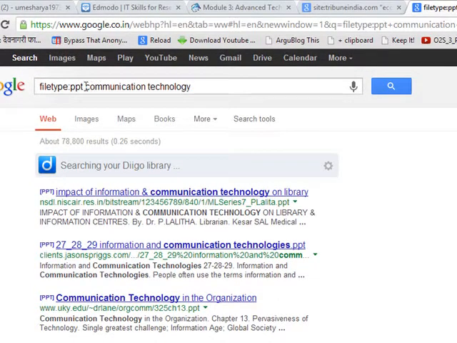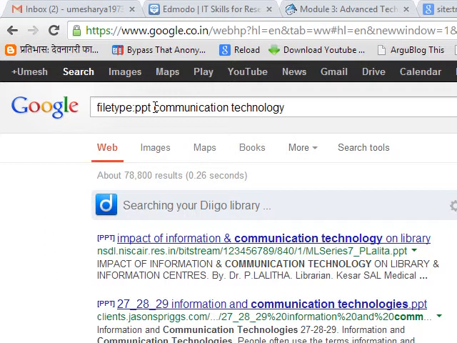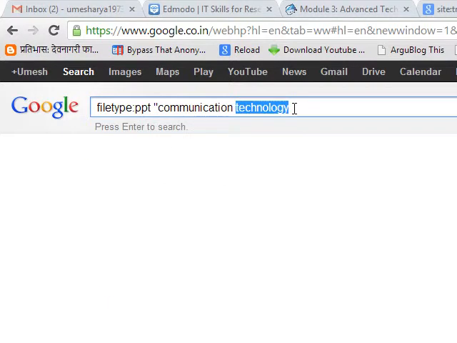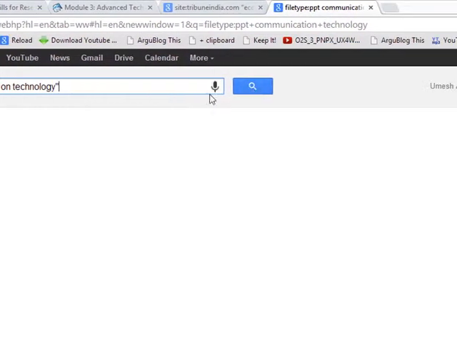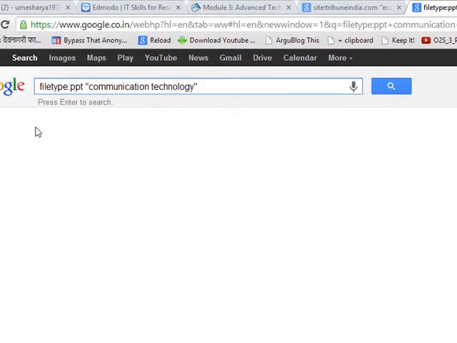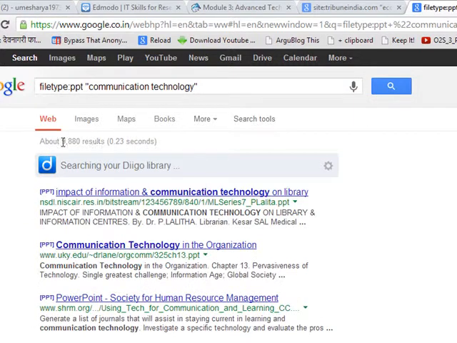So friends, what to do if we want to get the result in which the words communication technology appear together? For example, I need some sentence in which the words communication technology are used one after another. So I will put double quotes before and after the words, and if I type this way, then the results would be more focused. Now see, the results have been immediately reduced to 9880.